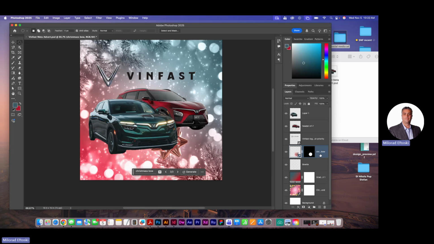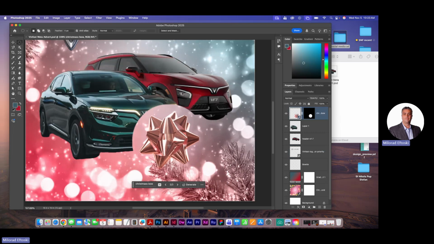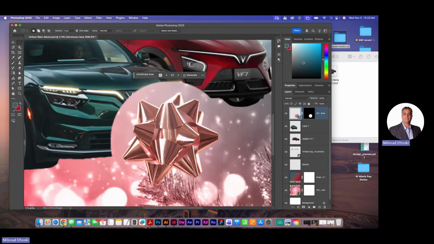But I'm going to put this on top of the cars though. Oh, look, it messed up my background when I do that, guys. It did this. So make sure you put it on the top layer. How about this? I don't even like none of this, to be honest with you. I don't like what AI gave me. I'm gonna take what AI gave me, and I'm gonna use this